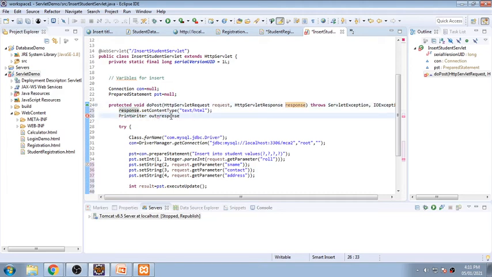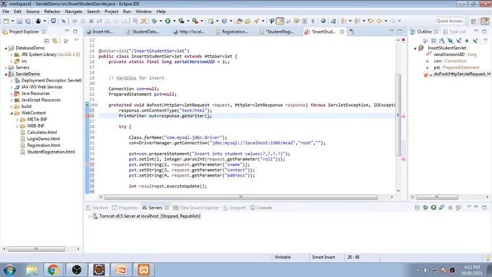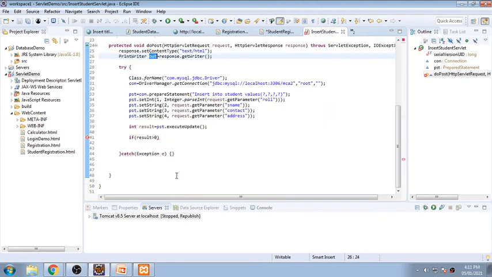That's it, and putting a semicolon. So my writer is okay. So I will be displaying directly like this, out dot print.